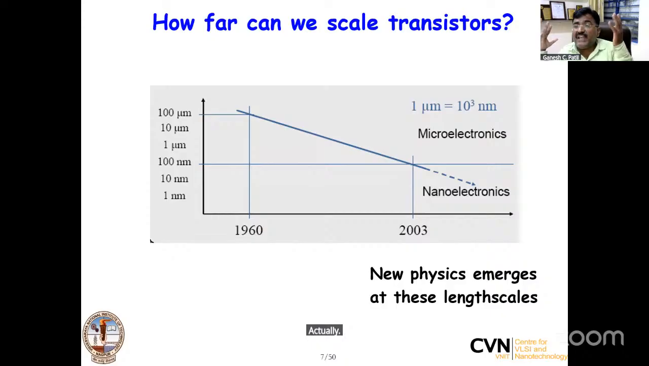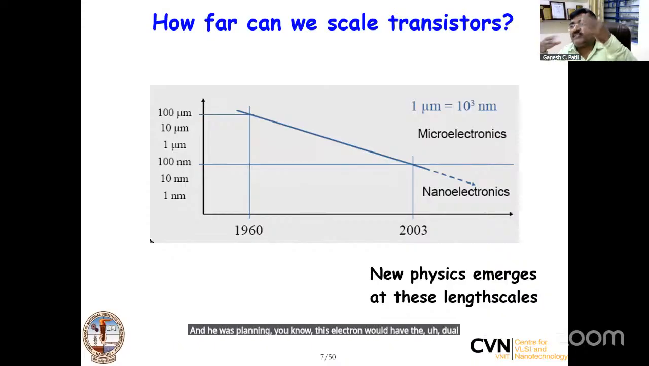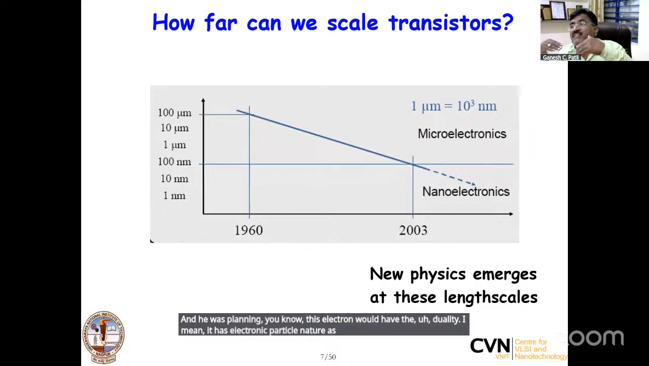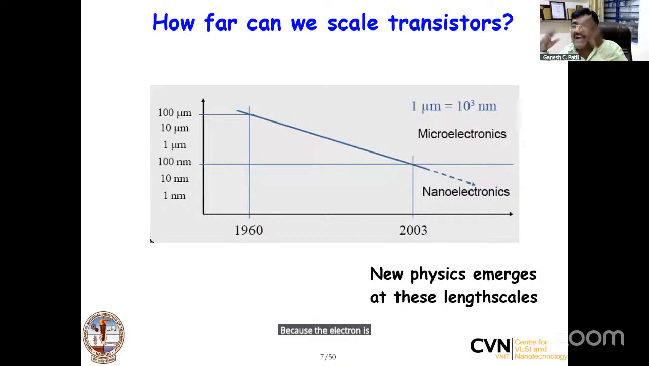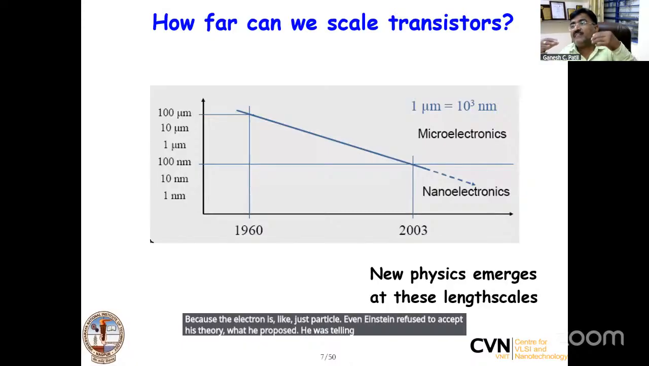Actually, the day when Schrödinger went to the conference in France, he said this electron would have duality. It has the particle nature as well as the wave nature. But in France, nobody accepted it. Whatever Schrödinger was telling was considered of no use, because the electron was thought of as just a particle. Even Einstein refused to accept the theory he proposed. Nobody accepted it in those days. But the theory he proposed was the